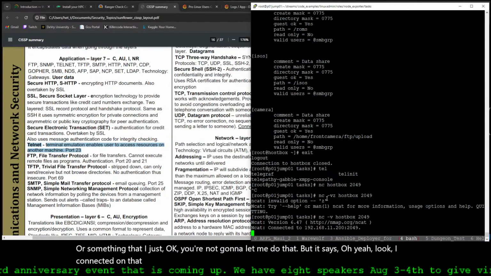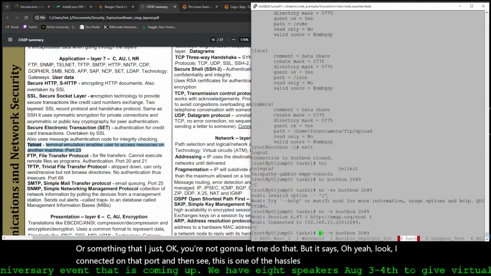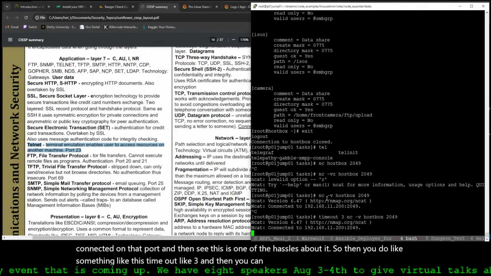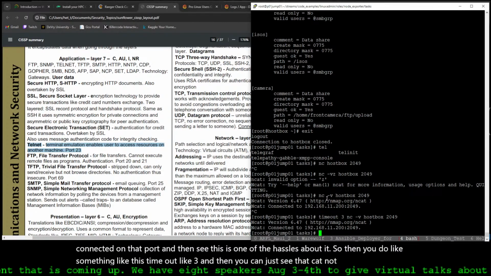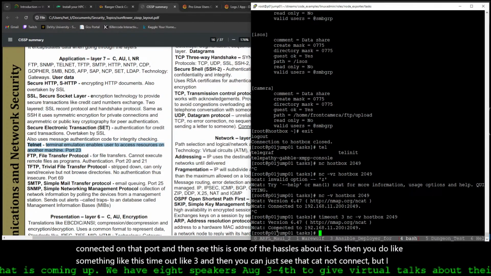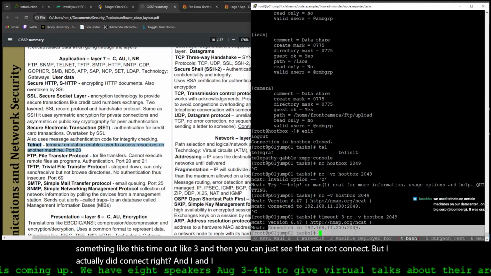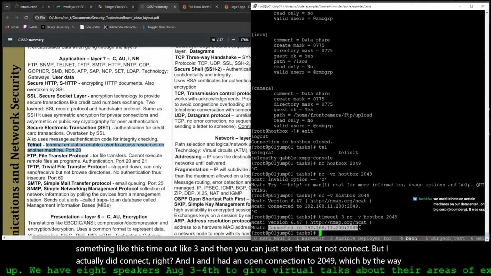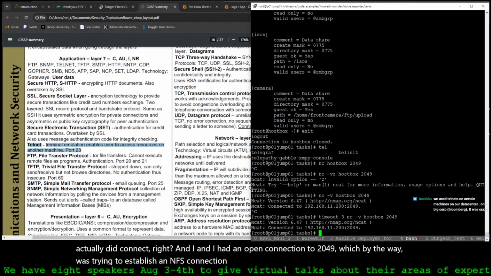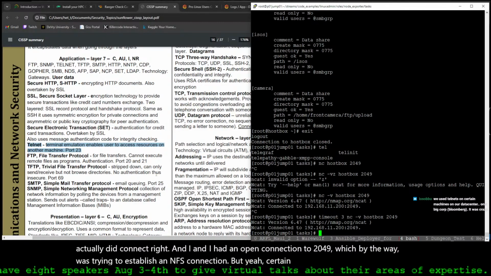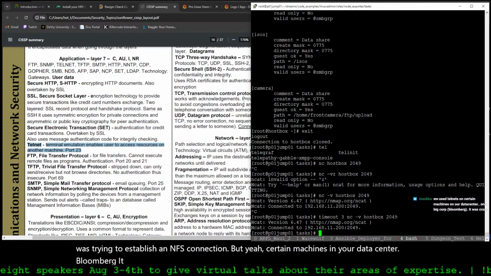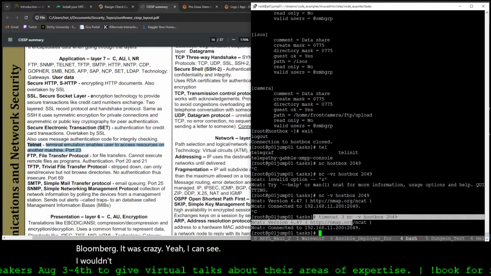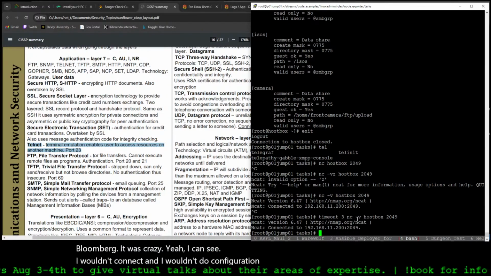And then see, this is one of the hassles about it. So then you do something like this, timeout like 3, and then you can just see Netcat not connect. But I actually did connect, right? And I had an open connection to 2049, which by the way was trying to establish an NFS connection. But yeah, certain machines in your data center and Big Corp Bloomberg, it was crazy. Yeah, I can see. I wouldn't connect and I wouldn't do configuration over it, but just to see like is